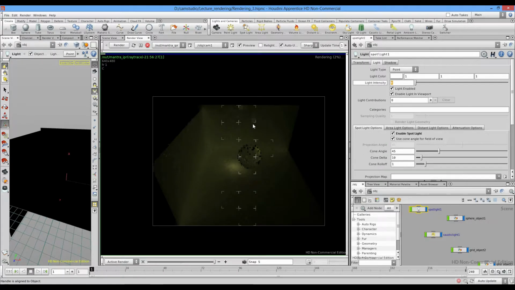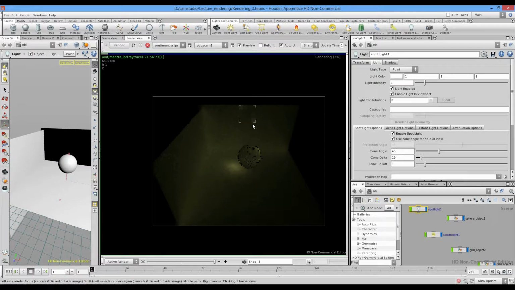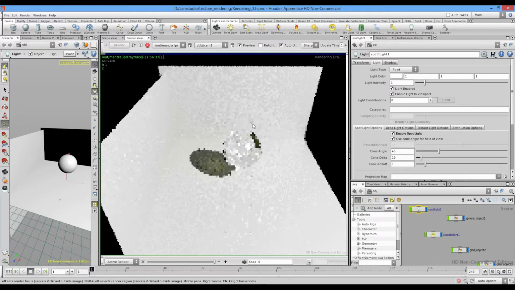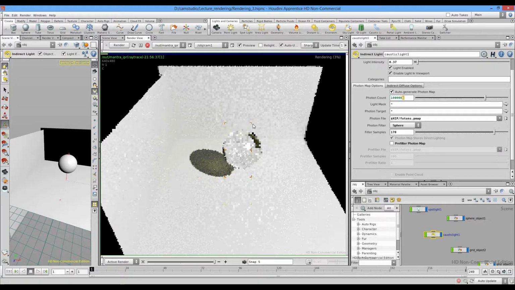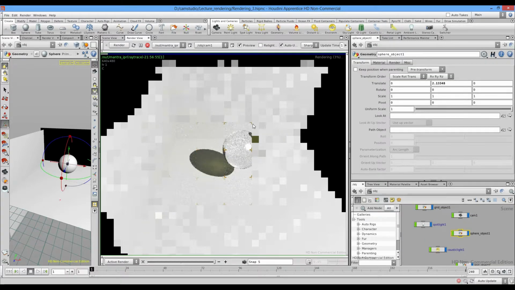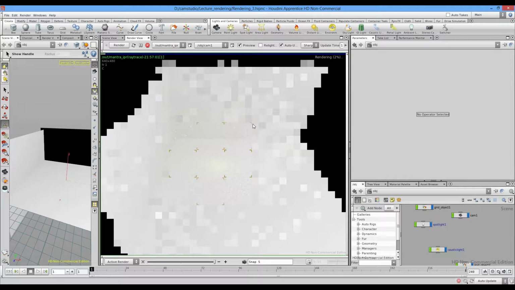So if I set it back to 1, yeah, but rendering is really slow. Okay, I'll bring it back to 100,000 and hit render, and I will replace my sphere object to torus